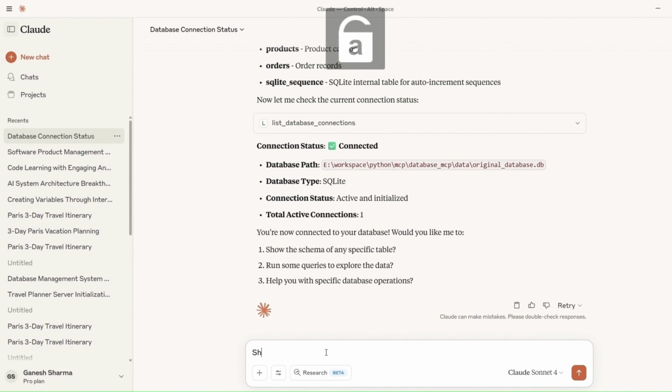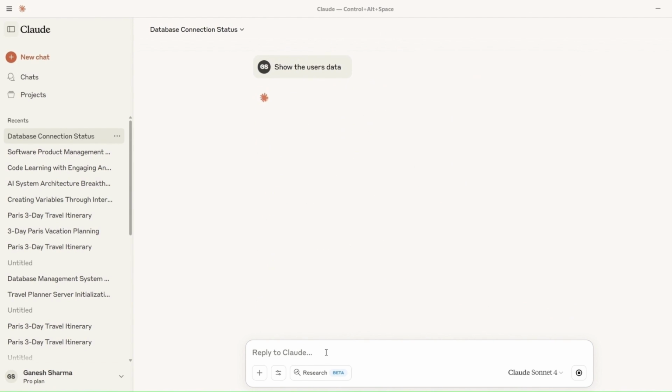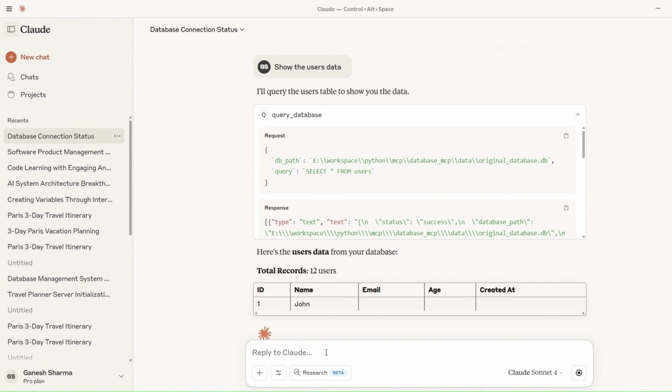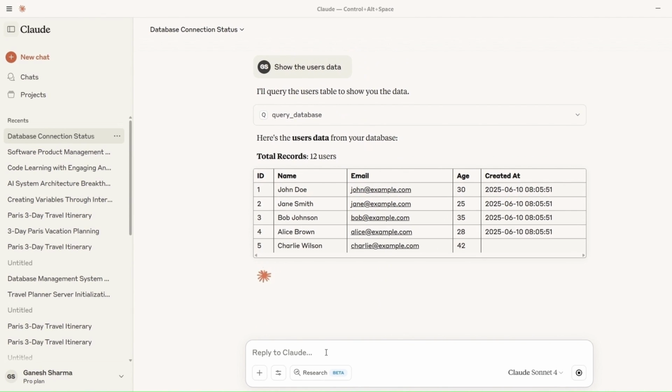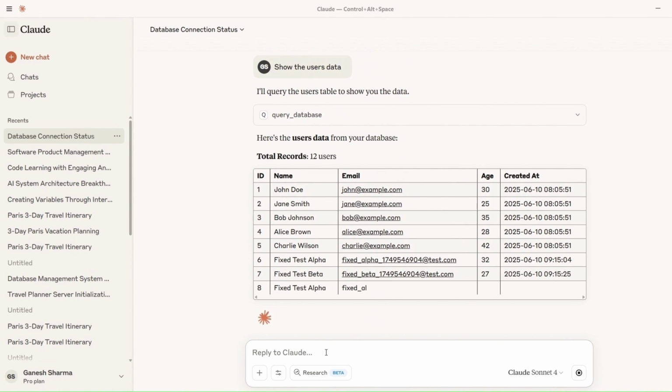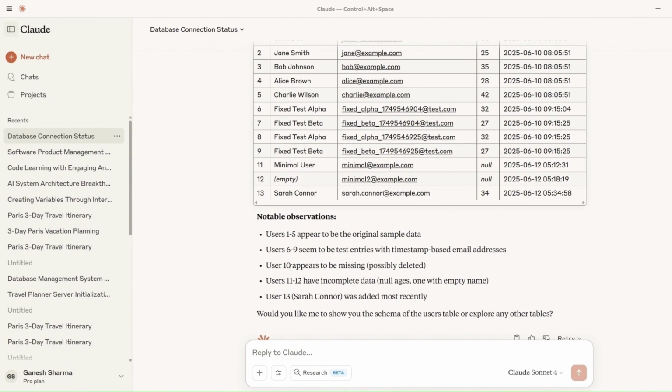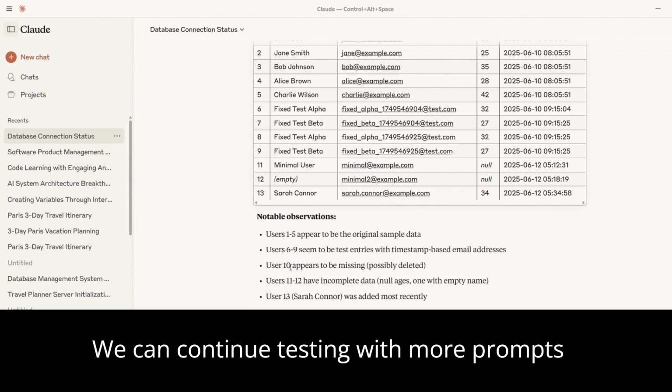Now we will ask it to provide the user's data. Now Claude will query the database using our MCP server and display all the user information in a nice readable format. And as we can see all the data from that table displayed clearly, we can continue testing with more prompts